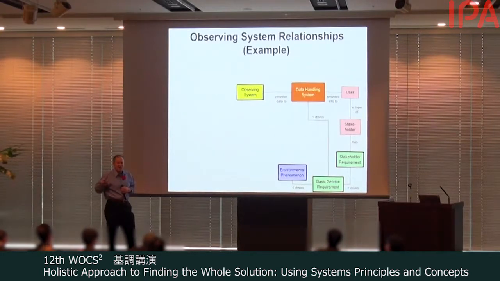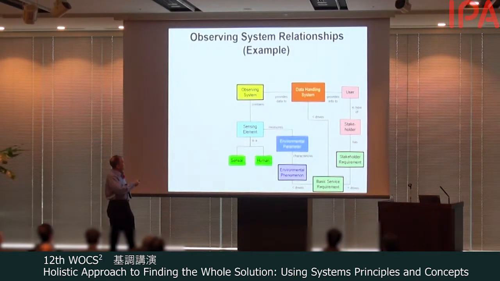The farmers would like to know, will it rain next month, because they need to plan the planting of the crops and the harvesting of the crops. So they use weather prediction in an economic manner to maximize the production yield of their crops. So we have many different stakeholders who have different needs of these observing systems. The phenomena are things like tsunami, typhoon, earthquake, flood, rain, wind. Those are the types of phenomena that people care about in the environment.